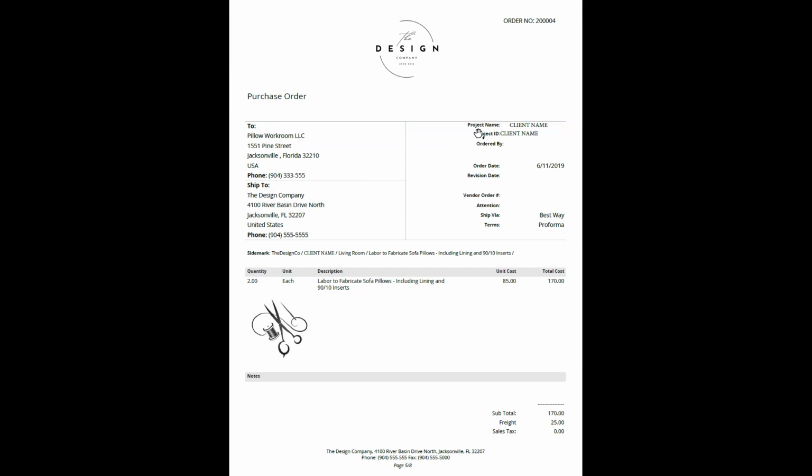So you can see here again, that project information, all that kind of stuff is the same. You can see here the design co, the client name, and then here is the side mark, so that when this gets delivered, let's say it's to the design firm or to a warehouse, the warehouse, who may be receiving stuff from all the designers in town and storing it until it's all installed, can say, okay, we're going to put this on our shelves with this client's project. We know it's from the design co, and we'll put it in the pile for their living room.